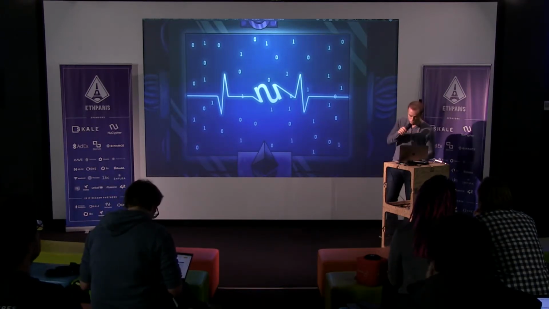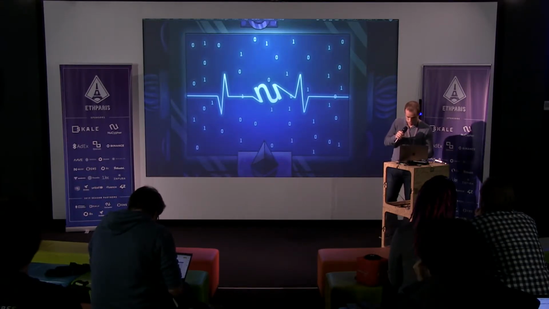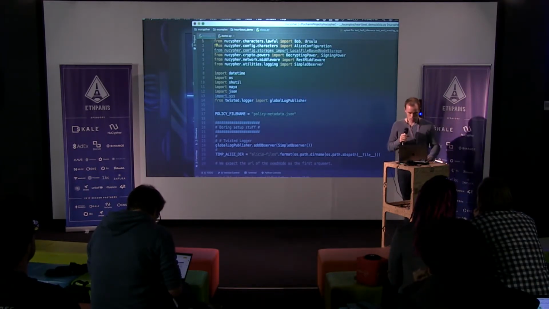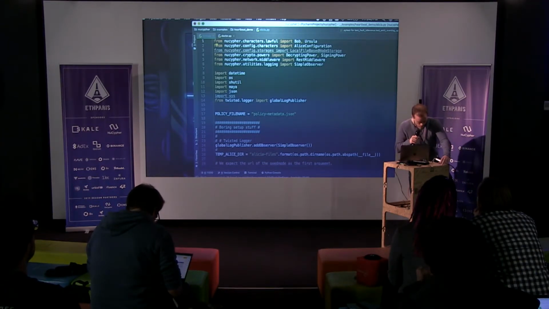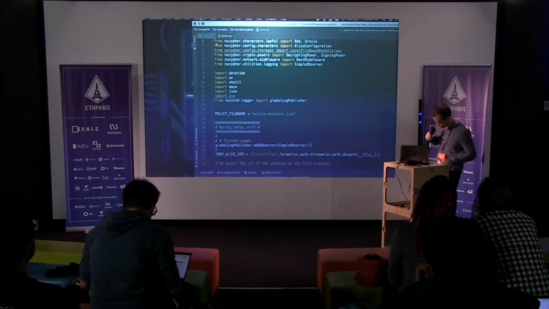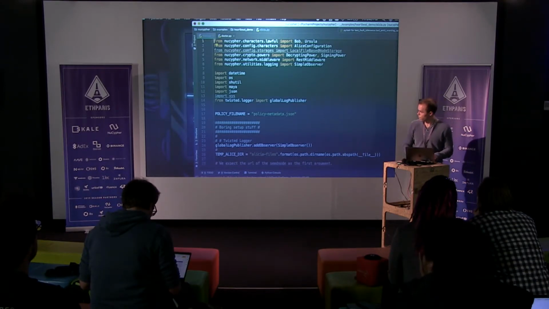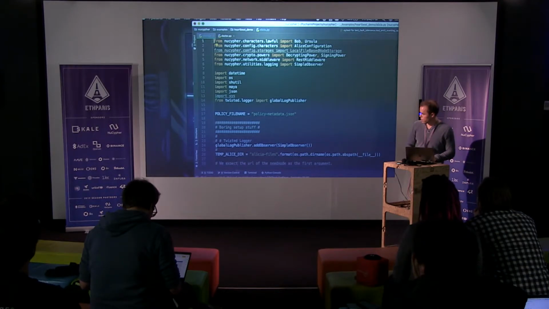So let's see if I can get my demo terminal to show here. Oh, there we go. This is going to be tricky because I can't actually see it on my computer. I'm going to have to turn around to look at the screen here. Okay, so